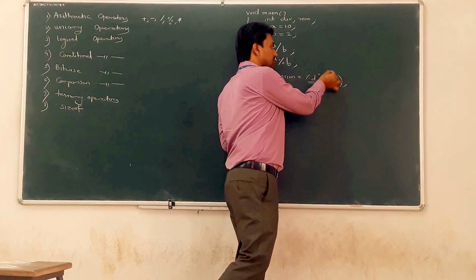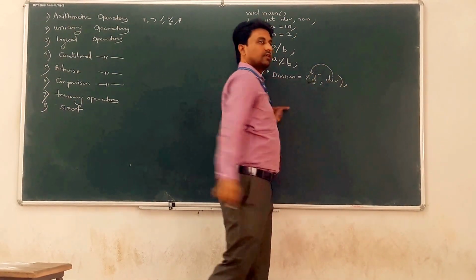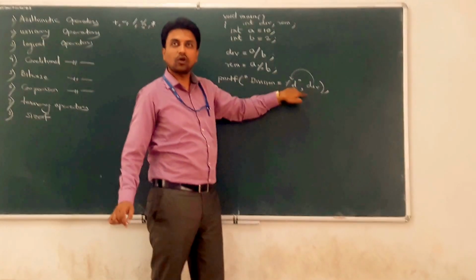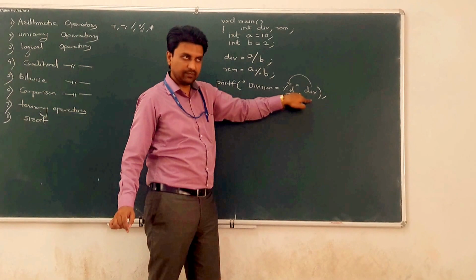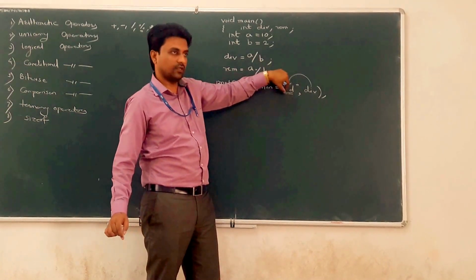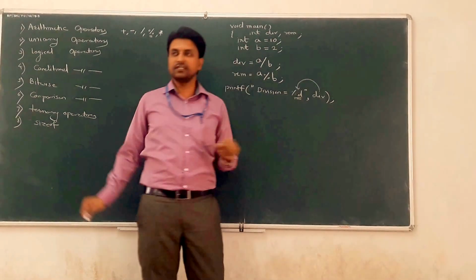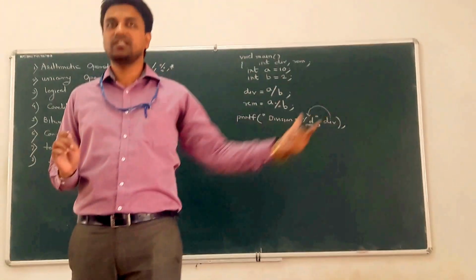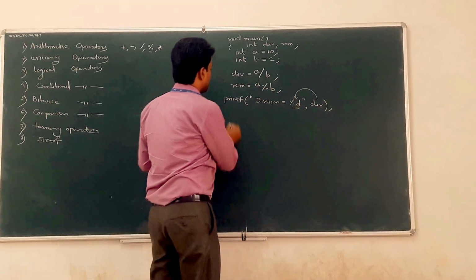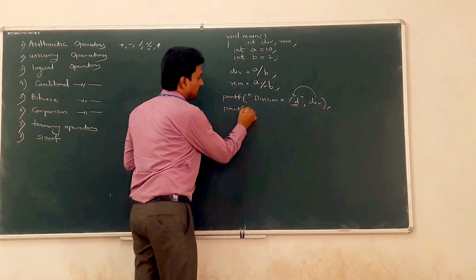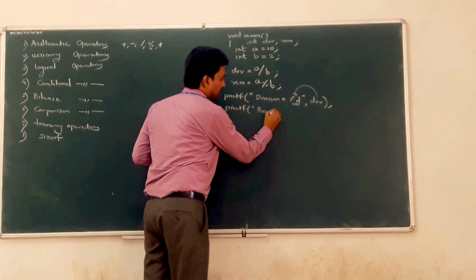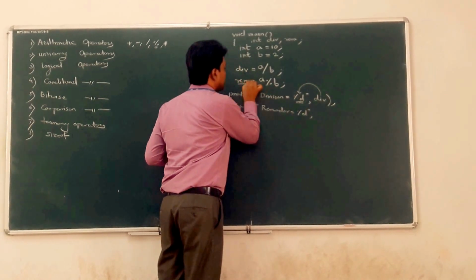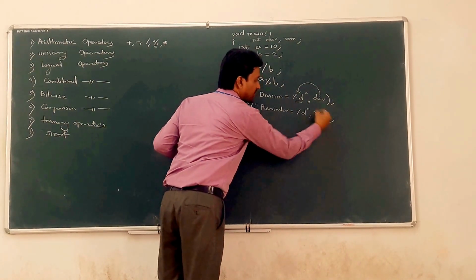What does it do? It displays the value assigned to that percentage d. That value is taken from after the comma. After the comma, there is the name of the variable. So the value is taken from this variable and assigned to percentage d, and the text message is displayed on your screen console. Okay. So next is printf, remainder is equal to percentage d, comma, where this value is stored in the remainder variable.